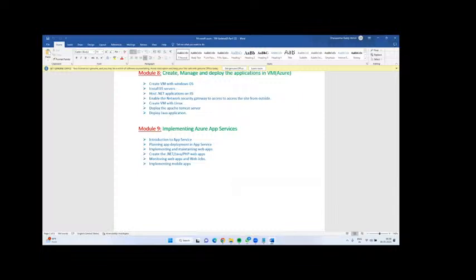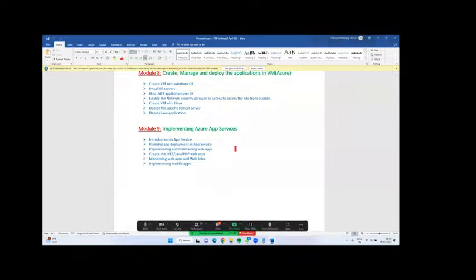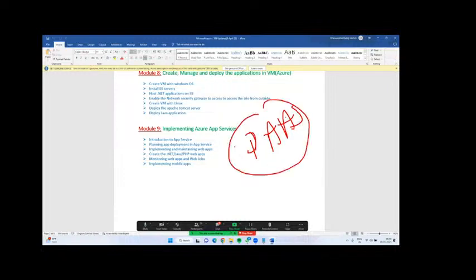Okay, when you go for PaaS, the name itself describes it: platform as a service. So the total environment is provided by the vendor, I mean Microsoft, and we just have to deploy the application. How to deploy the application? That is very simple. We have multiple methods to host services in Azure.